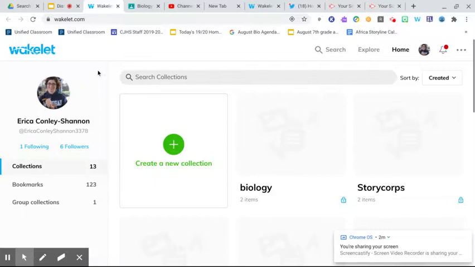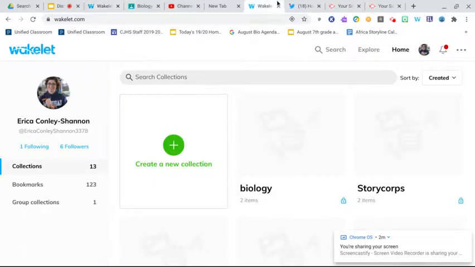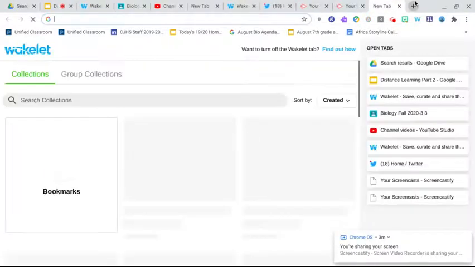So if you click on the Wakelet, you'll be taken to the Wakelet site, and it will have you create an account. Notice it's kind of like Twitter, okay? You get your own little handle here. Then it has an extension, and that Wakelet extension is awesome because then when you're surfing around and you're on